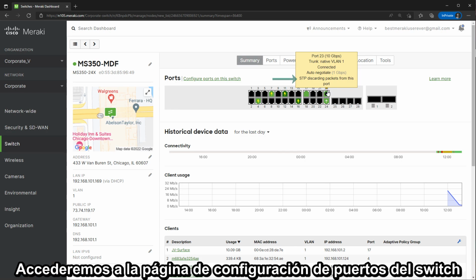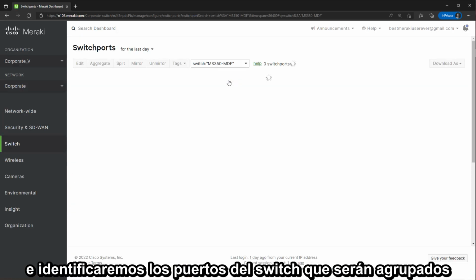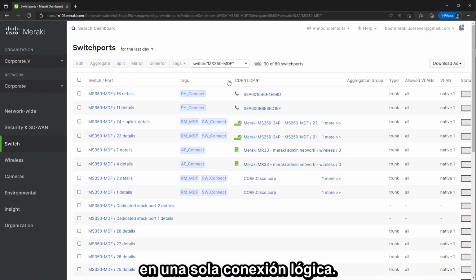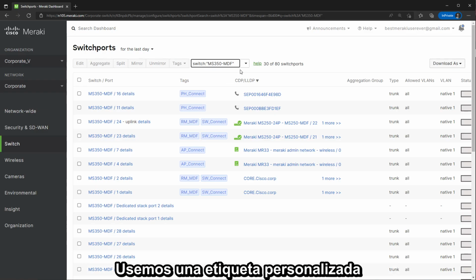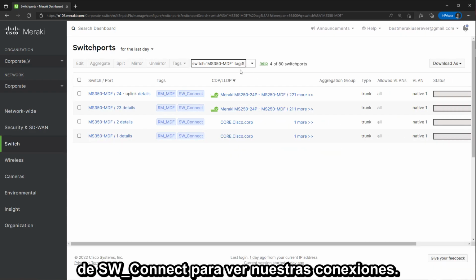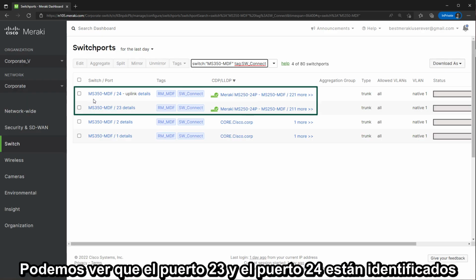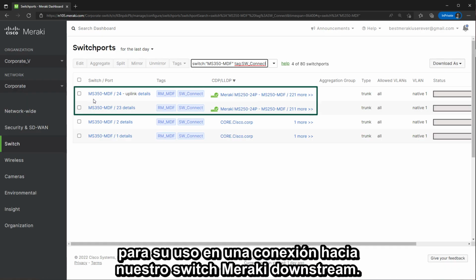We will access the switch ports configuration page and identify the switch ports that will be bundled between this Meraki switch and another Meraki switch into a single logical connection. Let's use a custom tag of swconnect to view our connections. We can see that ports 23 and port 24 are identified for use in a connection to our downstream Meraki